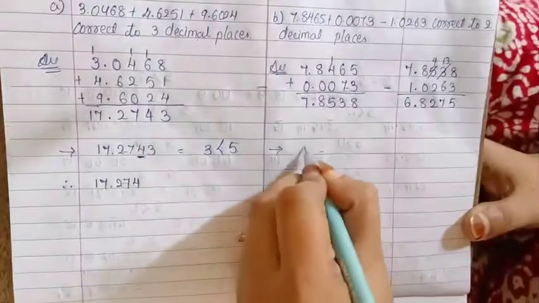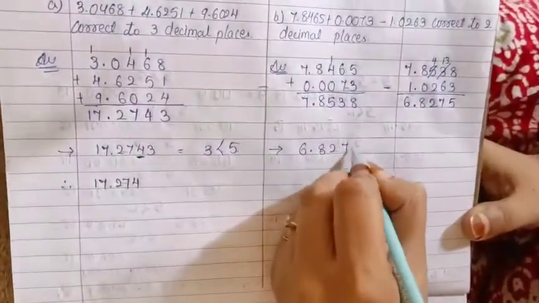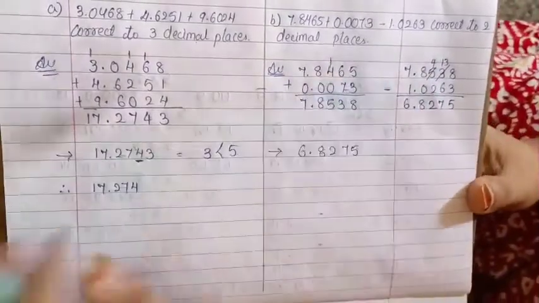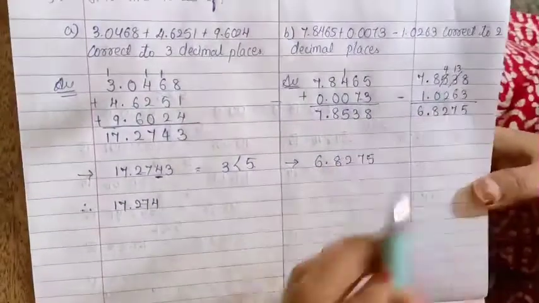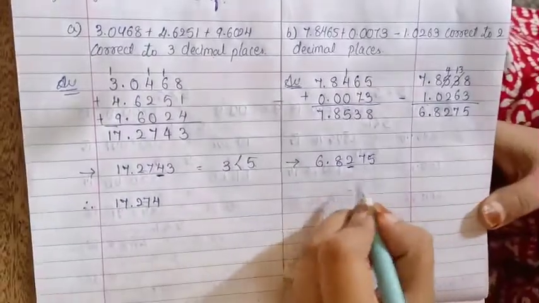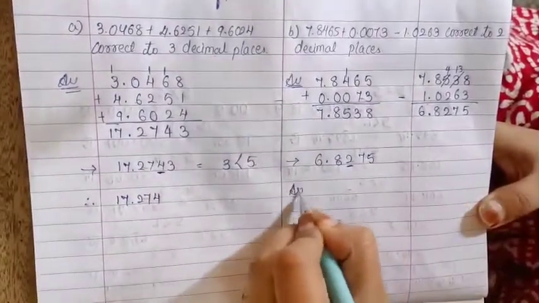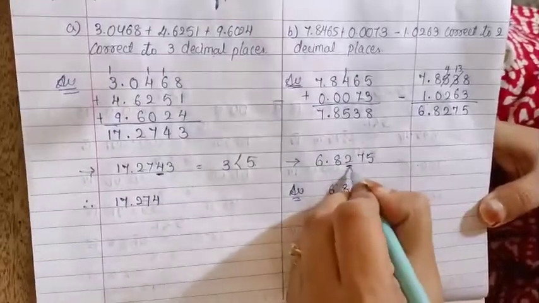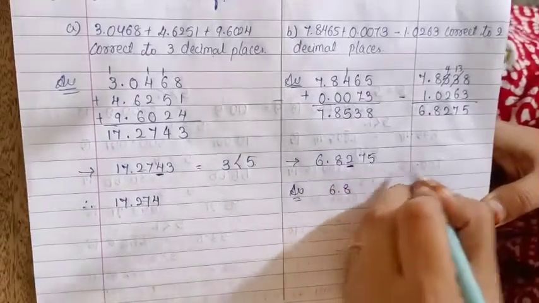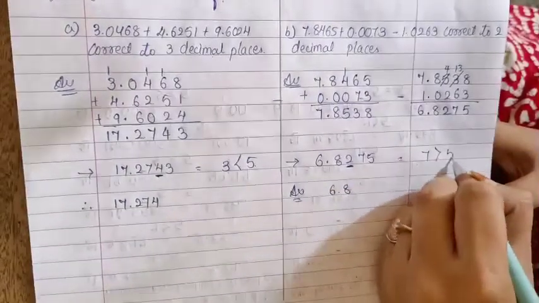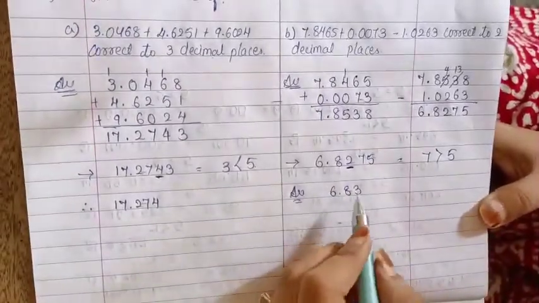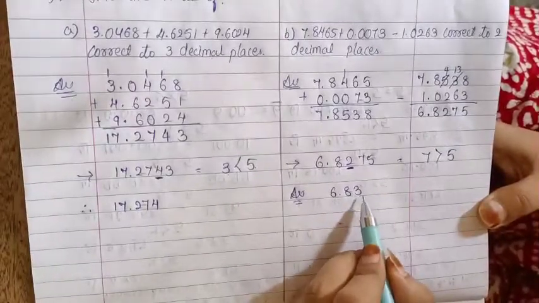First we will write this number over here, 6.8275. Now we will read the question. Correct to 2 decimal places. How many decimal places? 2. 2 means 100th. So this is a whole number, 10th and 100th, here 2. Now till here this number will remain the same, 6.8. Now this 2 will change into 3 or remain the same. How will we decide? With the help of 7. Now 7 is greater than 5, that is why this 2 will change into 3. So our answer will be 6.83.